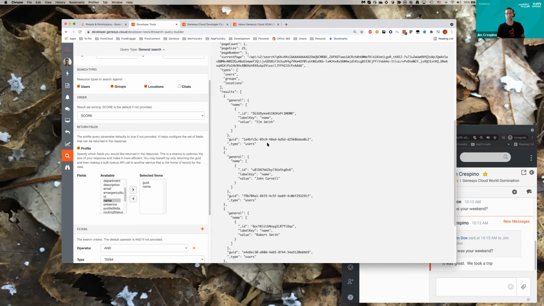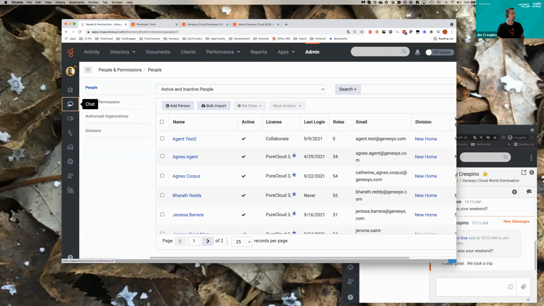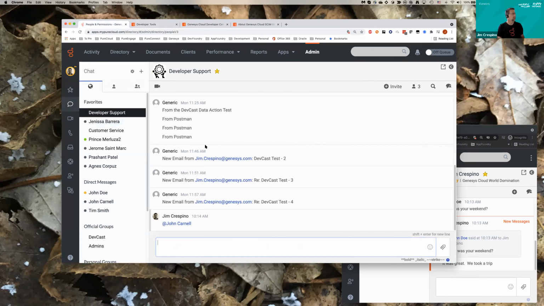All right, moving on. I'm trying to keep track of time. So I want to share with you one last useful feature of Genesys Cloud and the UC platform, and that is the ability to call webhooks to post messages into a chat. So I'm going to hop back to Genesys Cloud. And if I'm sitting in a chat room, I have the ability from a third-party system, or really from anywhere that can make an HTTP request, can call a Genesys Cloud webhook, and a message can be posted into a chat room